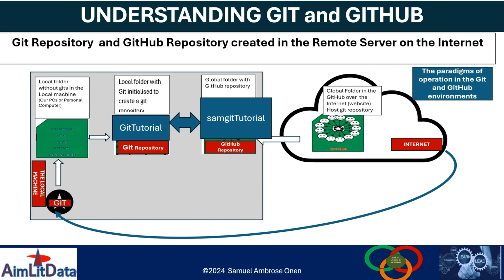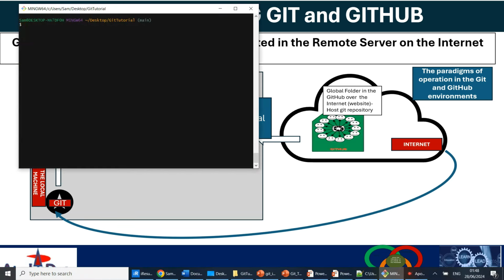So thank you for viewing. This is just a video to set up a Git repository, a GitHub repository, and to link them, to prepare them to be ready for us to start working on them. So you can verify. As you can see, we have tutorial GitHub. There's no log there. You can just say git status,